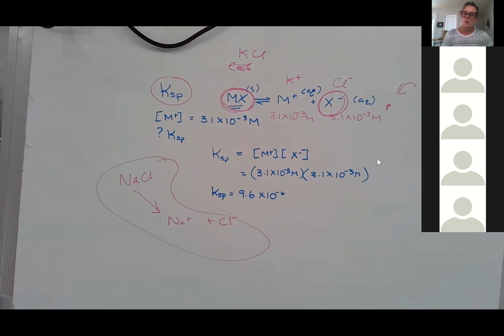Okay. So I have to look at how it was worded in the homework, because that's a fair question. But if you are starting with just that salt, it's going to be 1-to-1. Is that true for every salt?